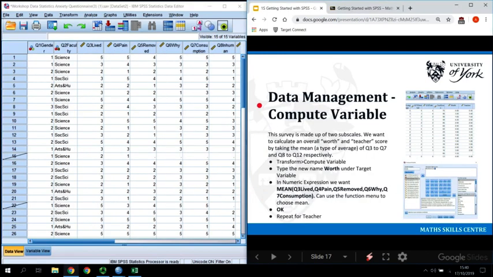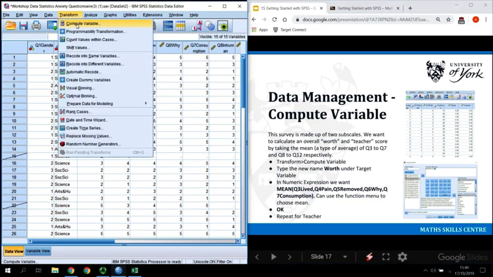The last data management thing I'm going to teach you is compute variable. So this survey is made up of 2 subscales. We want to calculate an overall worth and an overall teacher score by taking the means, which is a type of average, of question 3 to 7 for the worth and questions 8 to 12 for the teacher. To do that, we go to the transform menu, compute variable,